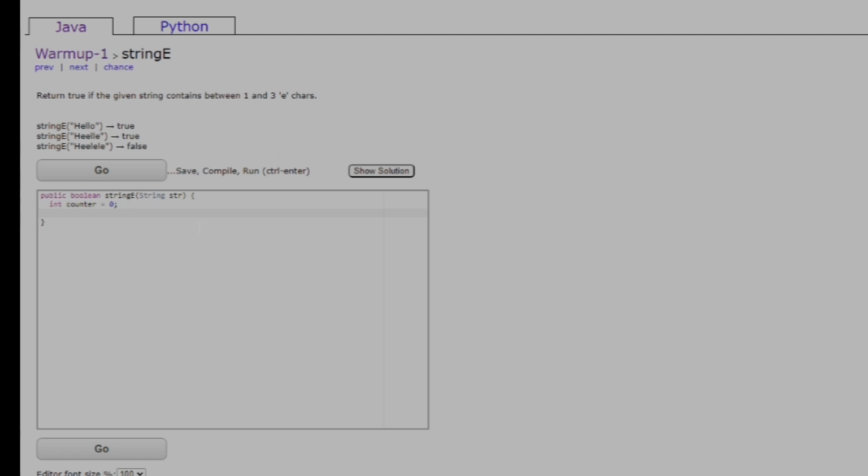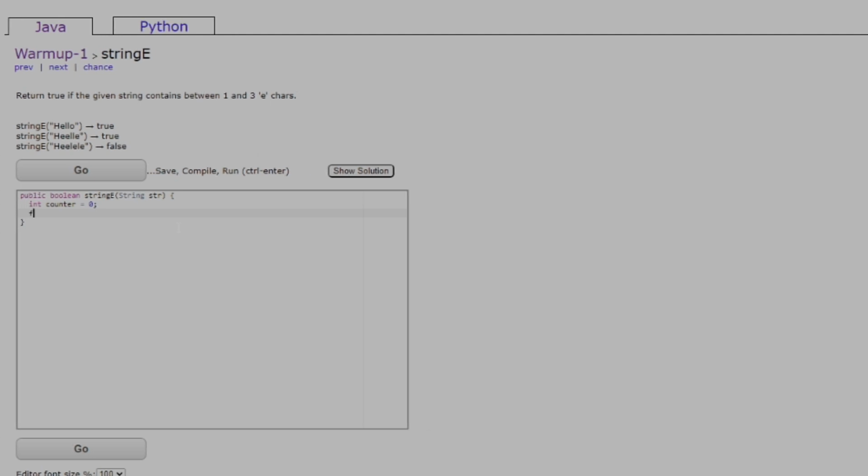So, how do we search through the string? So that's the next portion. We're going to use a for loop. That seems like the easiest way, in my opinion. For int i equals 0; i is less than str.length. You want to make sure it's less than, because when you're doing substring to get the specific